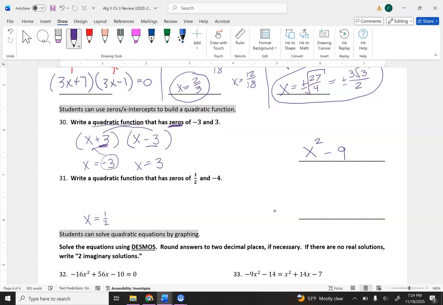31 is a little bit harder, simply because of the fraction. So you can say, all right, our answers are x equals 1/2 and x equals -4. So this parenthesis here would be x plus 4, so that the -4 would create a 0 there. And you could just write this parenthesis as x minus 1/2, because if you plug 1/2 in for x, it creates a 0. The annoying thing about this is that now you have a fraction in your equation, right? So when you FOIL it out, you have to deal with fractions now. There's actually another way to do this,